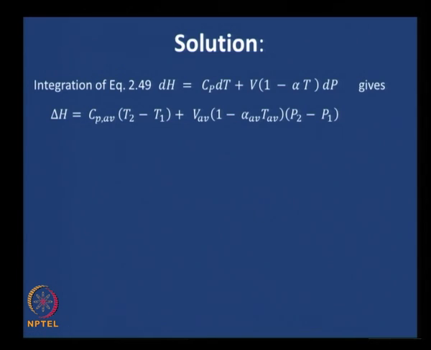classes in thermodynamics. Therefore, strictly speaking, we must express Cp as a function of temperature and then integrate this. Nevertheless, for small changes in temperature, taking Cp to be a constant is not a big error. Therefore, we take an average value of Cp between the two temperatures of interest. Here there is only a 20-degree change and we should be fine. Here if you integrate this, this is molar volume, we will again take this to be a constant, it may not be a bad assumption, times 1 minus alpha average T average dP, which is P2 minus P1.